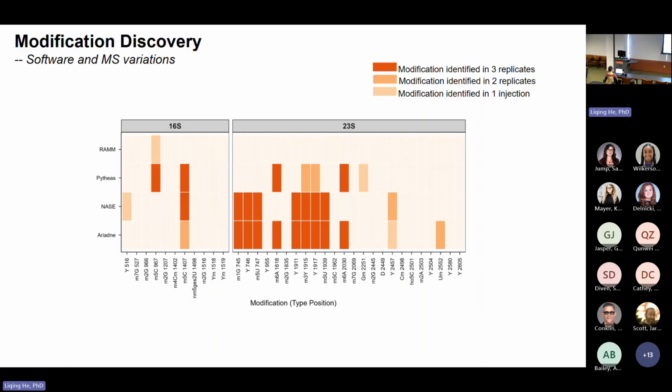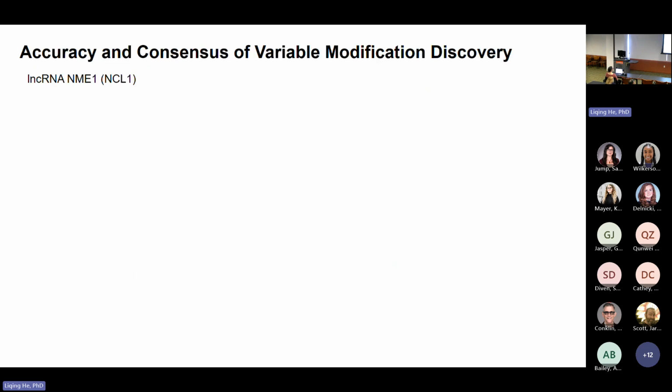For modification, you can see from this heat map, 9 of the modifications were identified by all 4 platforms. What is so different? And which platform is suitable for our complex bulk sample analysis? For a bulk sample, we don't know the ground truth. So we chose to synthesize the oligonucleotide, synthesize the long non-coding RNA,